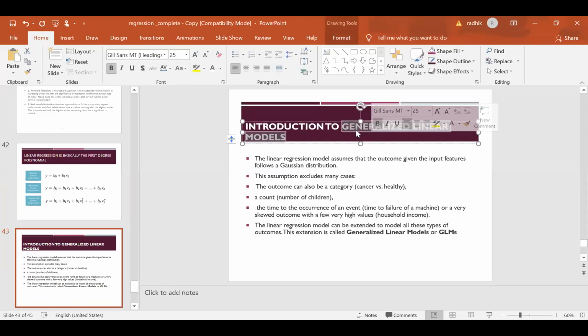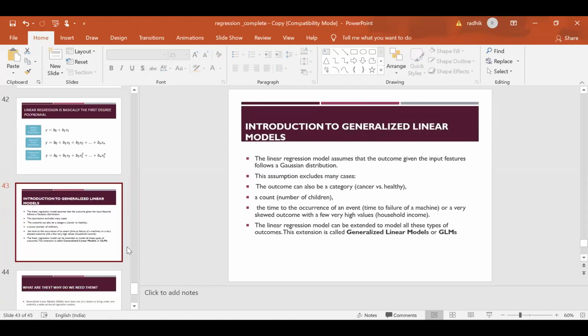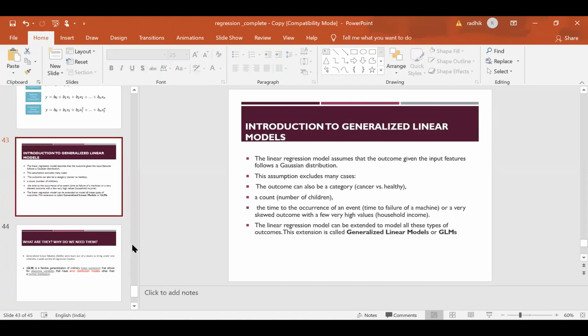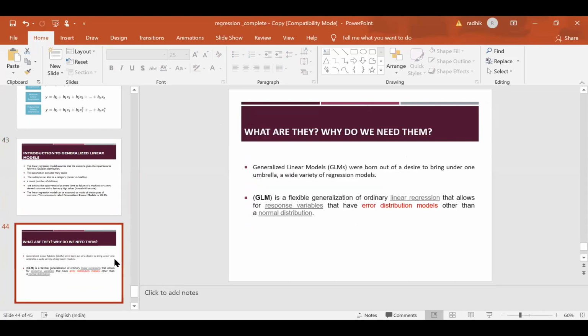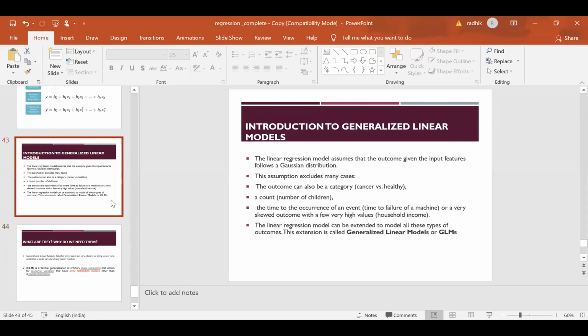This is another thing I want to highlight because it's a family of models, an umbrella with different types of models like logistic regression or Cox proportional hazards models. This is the basic idea, and if you understand it, you will be able to interpret any regression coefficient because the interpretation remains the same.